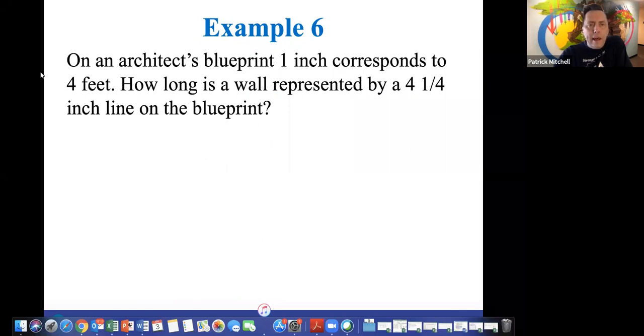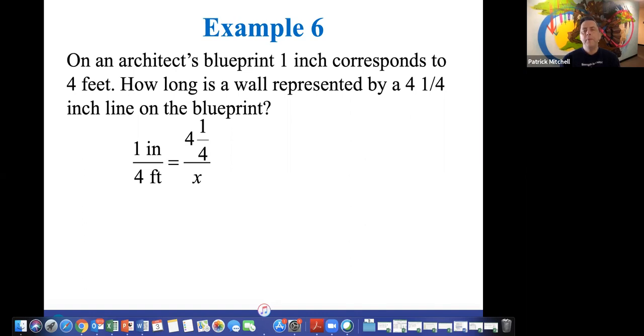So that brings us to this application problem. On an architect's blueprint, 1 inch corresponds to 4 feet. How long is a wall represented by a 4 1/4 inch line on the blueprint? So we need to set that up as a proportion. 1 inch corresponds to 4 feet. So the way we're going to write this is 1 inch is to 4 feet as 4 1/4 inches is to